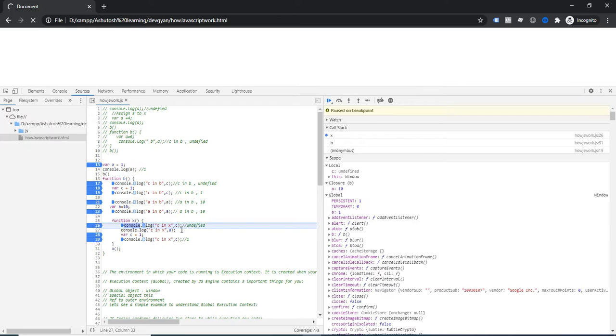So uncaught ReferenceError: A is not defined will be printed here. I hope you understand how the thing is happening. So the A value comes from the closure.